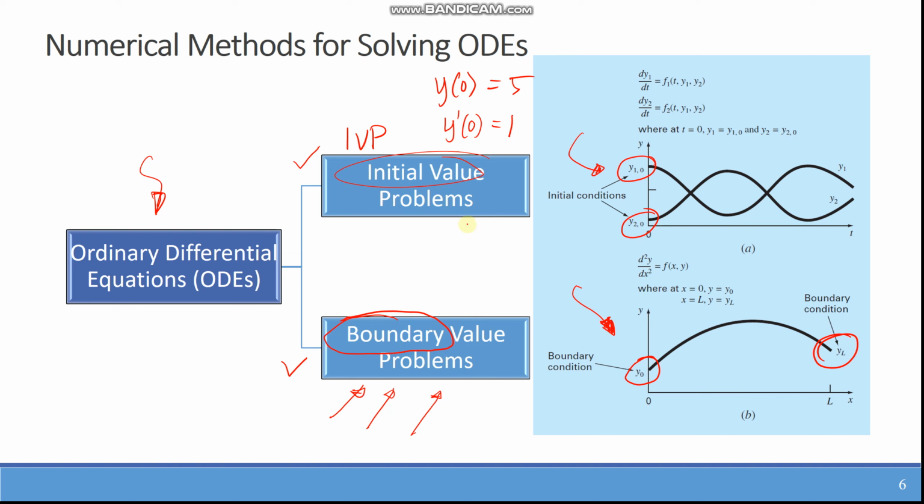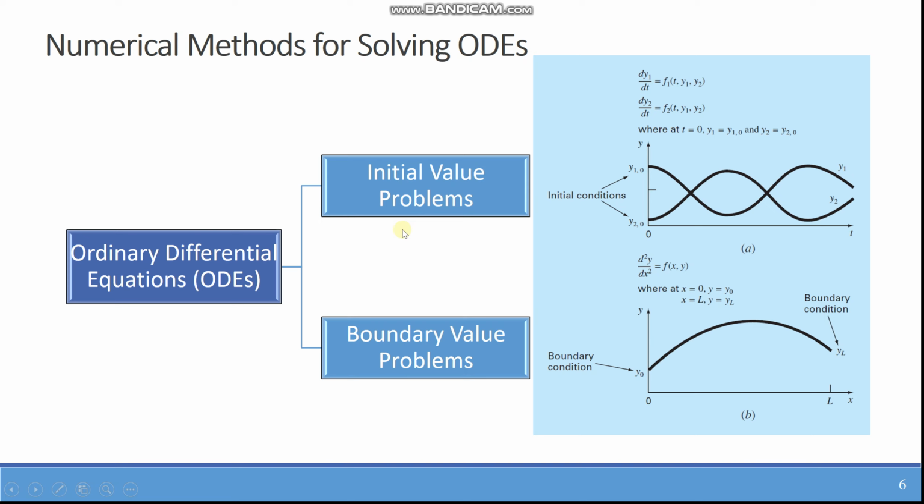Again, in the IVP, we have two initial conditions. In the BVP, we have one initial condition and one final or end condition. Munang boundary kay isig katumoy man siya. So we call that the boundary value problem. So karon si initial value problem and si boundary value problem,